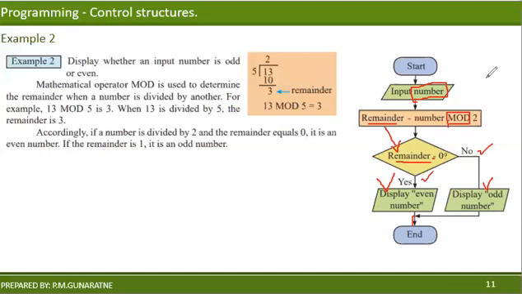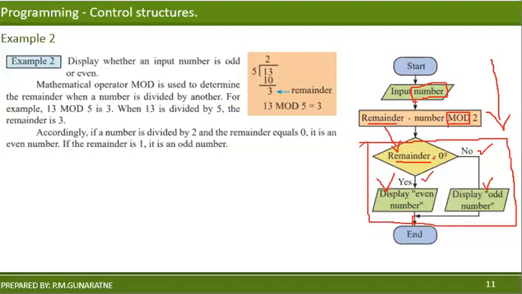What are the control structures you have? You have a sequence here. Can you remember that? You have a sequence here because these two steps are carried out one after another. Then you have a selection here. So this program consists of two control structures, a sequence as well as a selection.